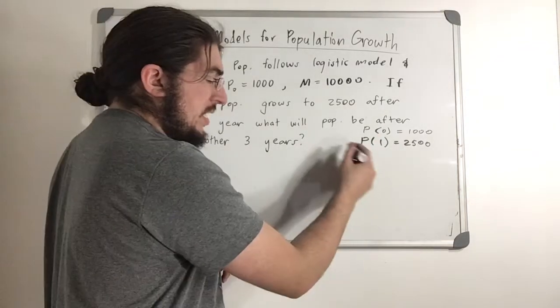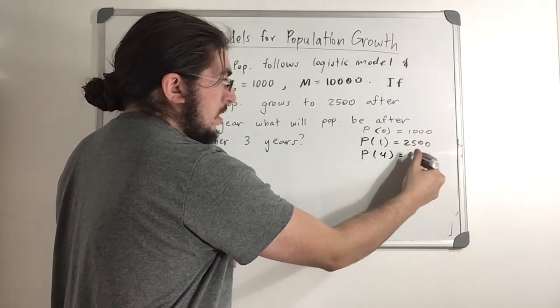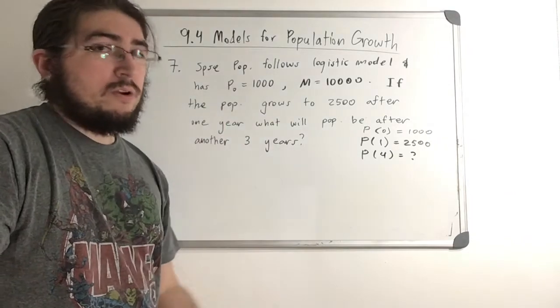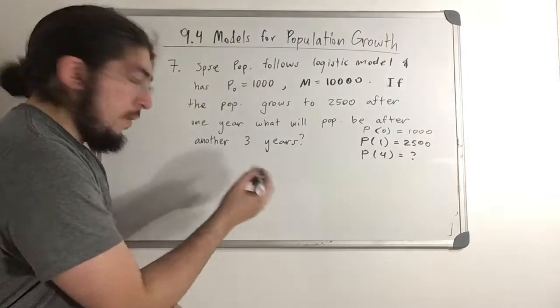And then after we find k using this, we want to find out what P of 4 is. Now they say after another 3 years, 3 years on top of 1 year is after 4 years total. Okay, so let's just try to apply some things here. So remember the logistic model